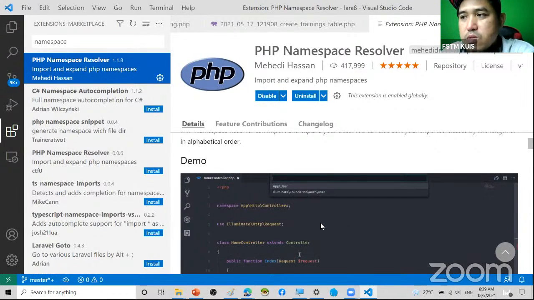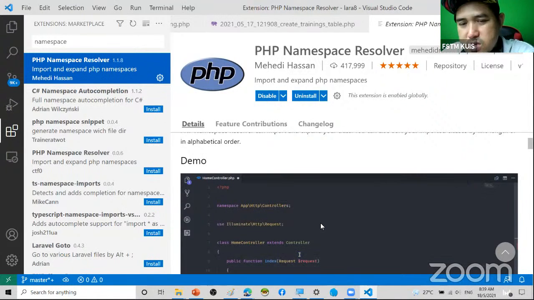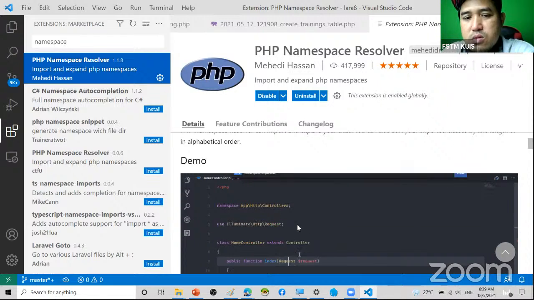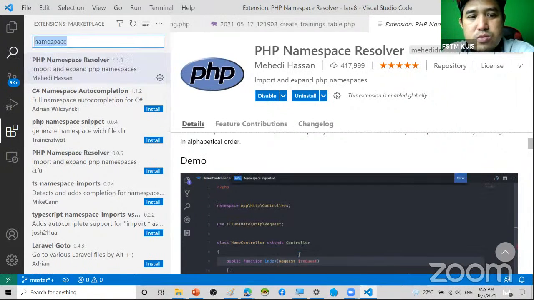So in order for you to use another method from another class, obviously you need to import that particular API or particular class. So this helps you to write the import statement using the namespace resolver. And also,